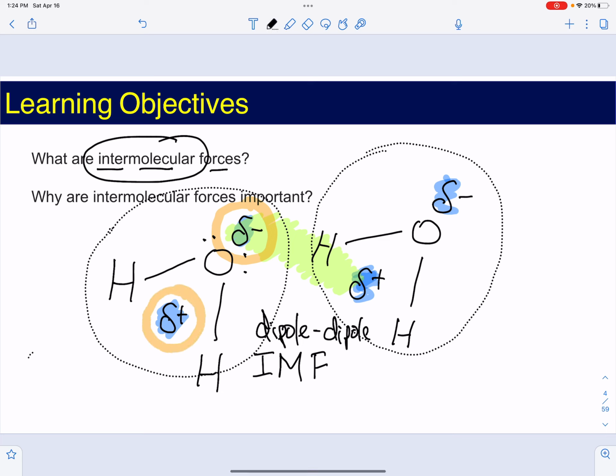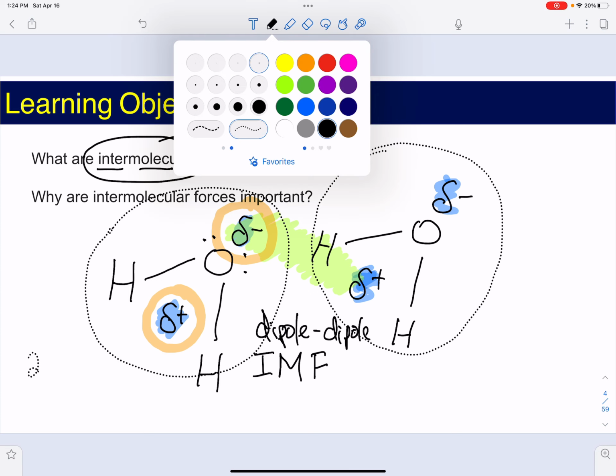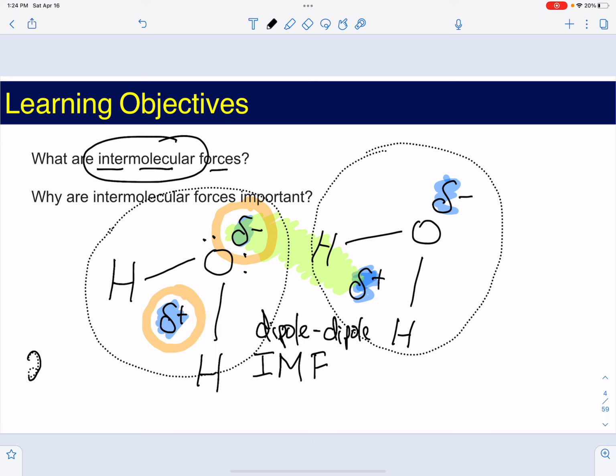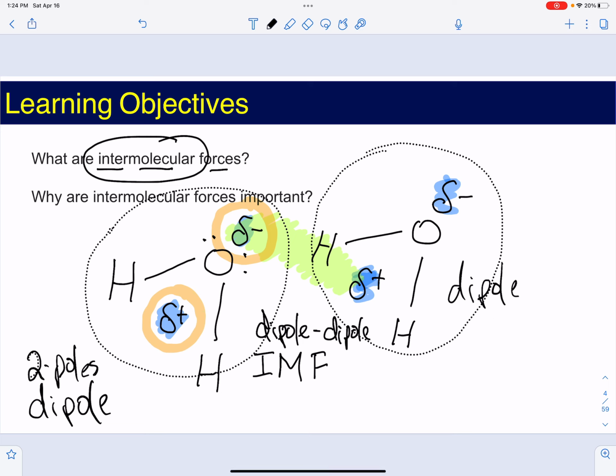So this molecule has two poles. And what's another nice way of saying two poles? A dipole. So a water molecule is a dipole because it has two poles, because it's a polar molecule. And this one is also another dipole. So what better way to call this intermolecular force than a dipole